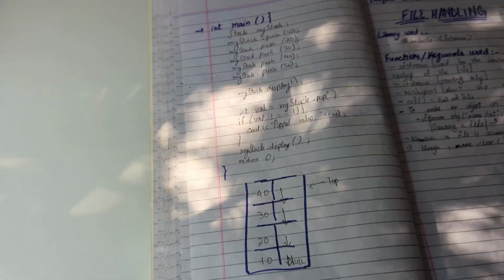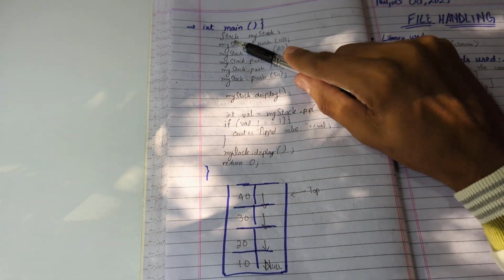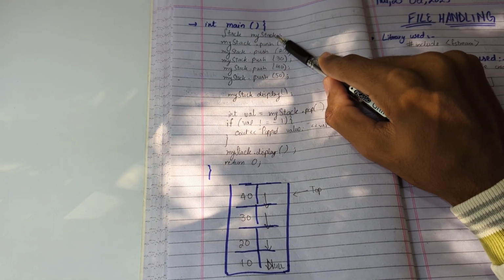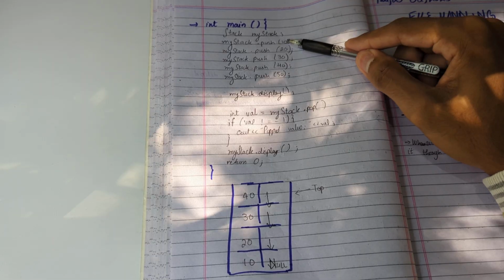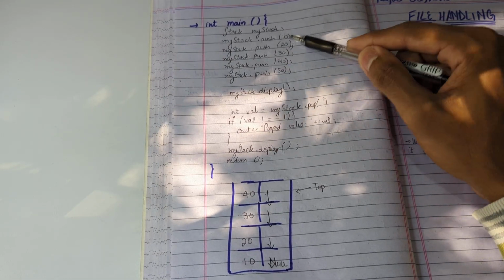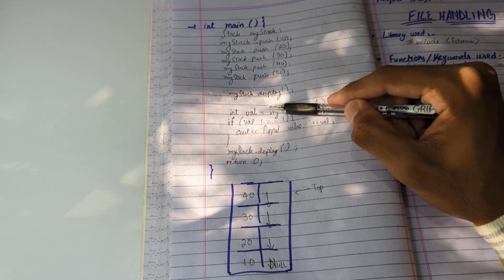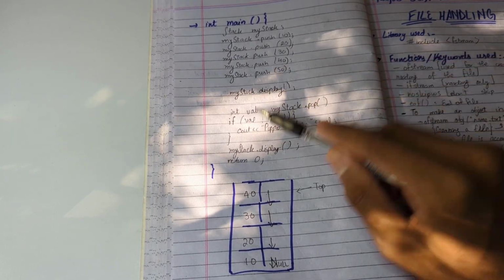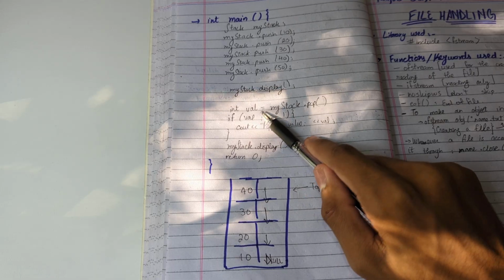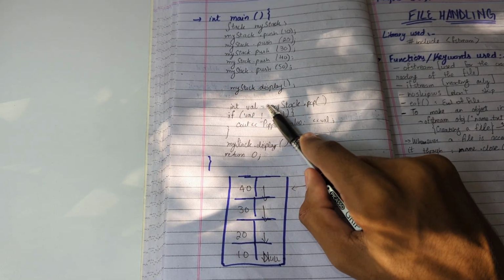Now, if I was to show the main function, we create a stack, myStack, and then we push 10, push 20, push 30, push 40, push 50. Now we have these items in a stack. If I say myStack display, it's going to call the display function. Now over here, what we're doing is int value. We just made a new value,